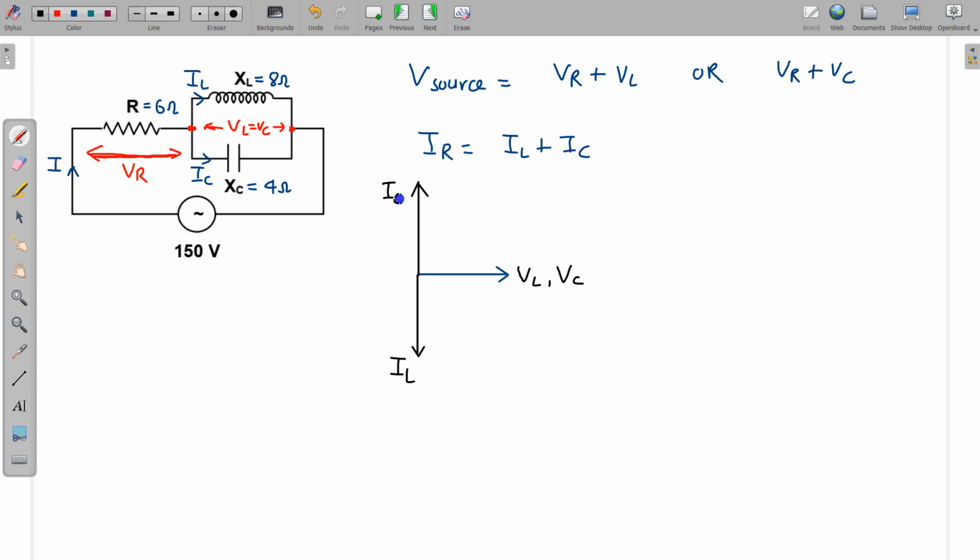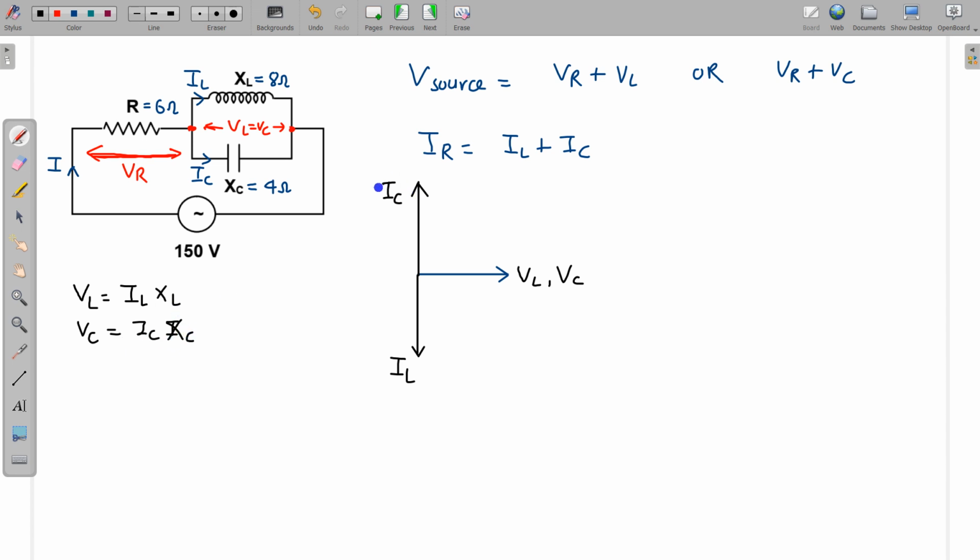And what is the value of IC? I can write for any element, like for the inductor, VL is equal to IL into XL. What is VL here? VL is the RMS value of the potential difference, or it can be the maximum value also. So this relation is for the RMS value or the maximum value. So VL is equal to IL XL, VC is equal to IC XC, likewise, and VR is equal to IR into resistance.